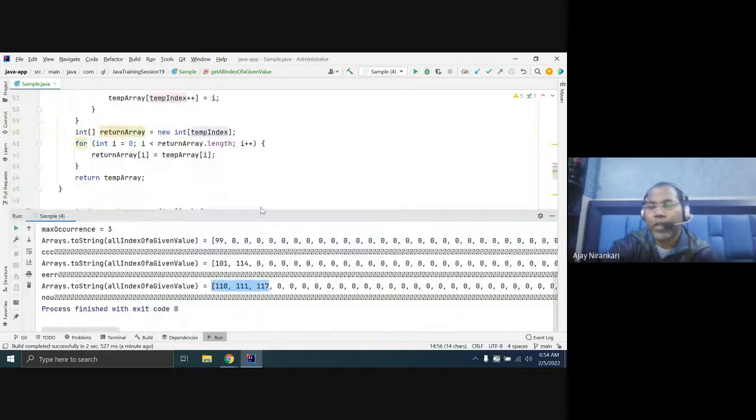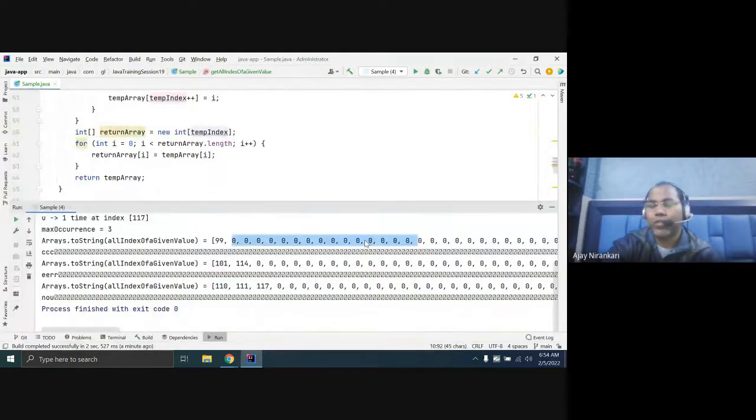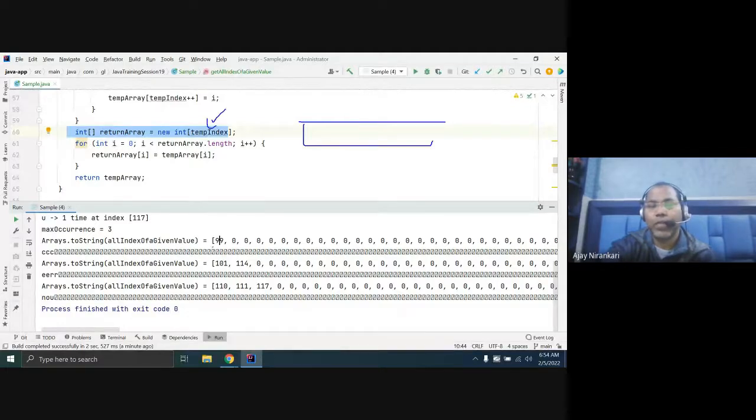You cannot modify this existing array. So what is the way to get only the two values into an array? You have to create a new array and copy the values to the new array. So I just create a new array of size only the index count, meaning the number of elements, may be here 1, here 2, here 3. So we get only those and copy the values from here to here.